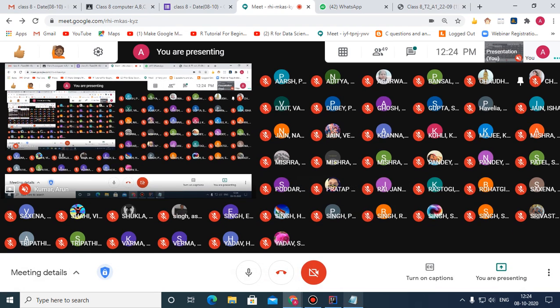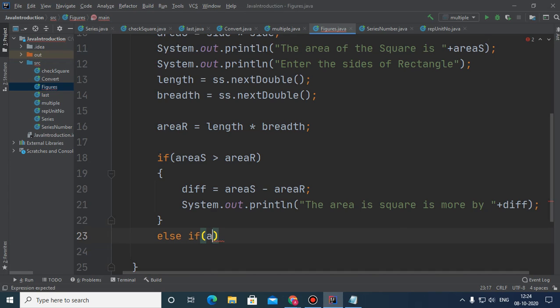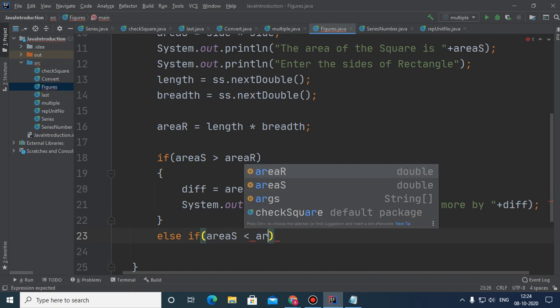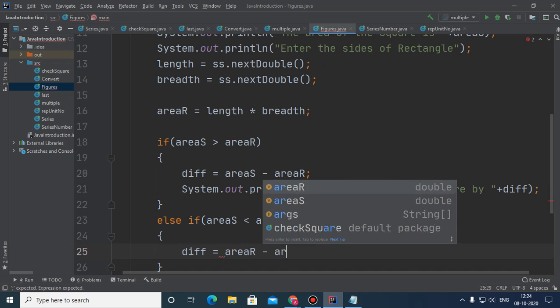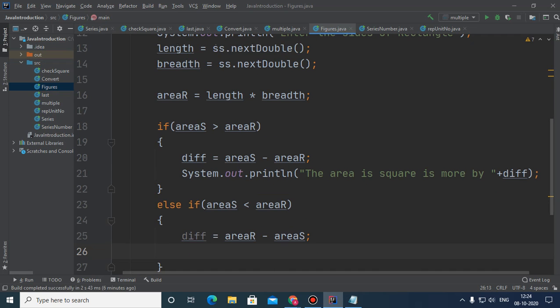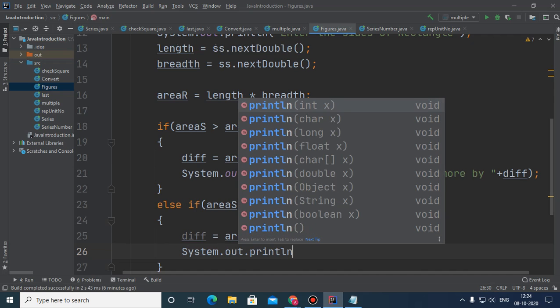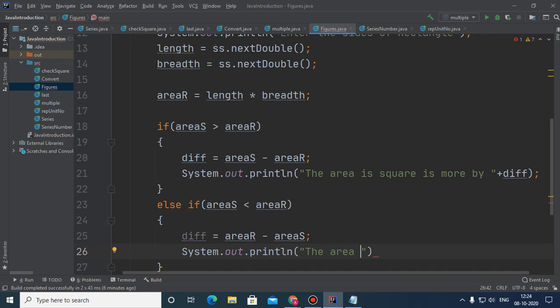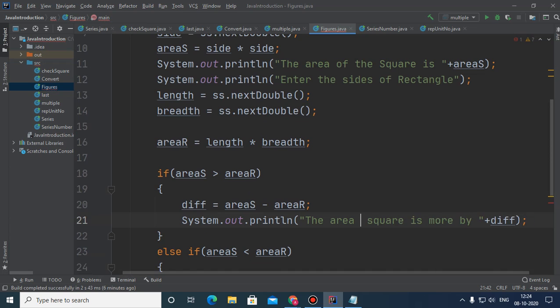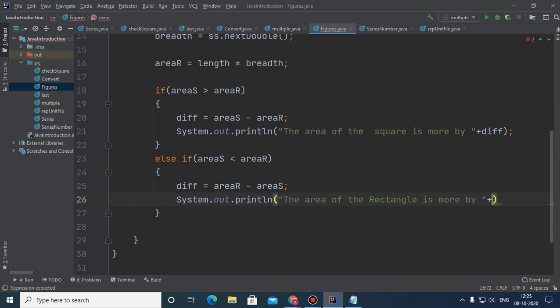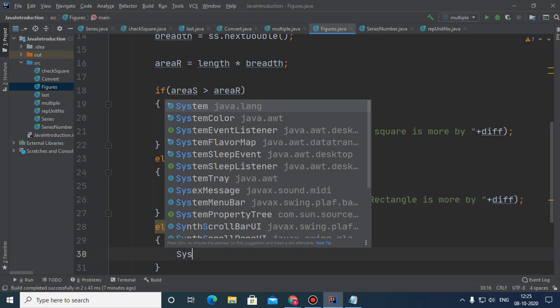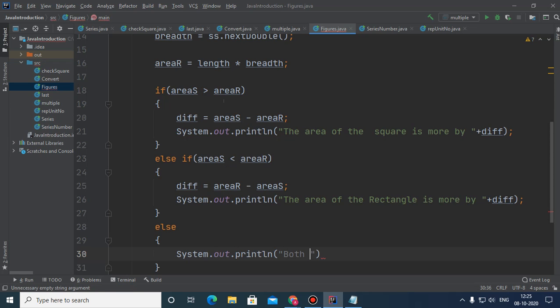if area of S is less than area of R, diff is area of R minus area of S, the area of the rectangle is more by diff units. Else, both the figures